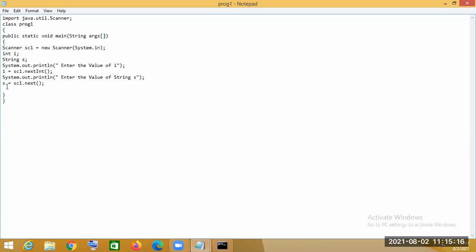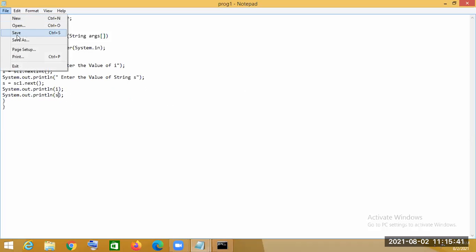Let's say we will print the two values here: the i value and the s value. Okay, so let's see.